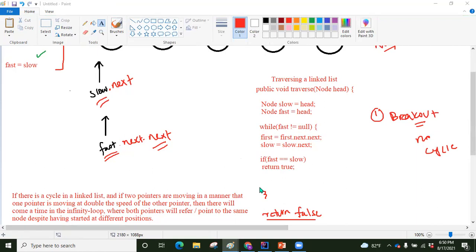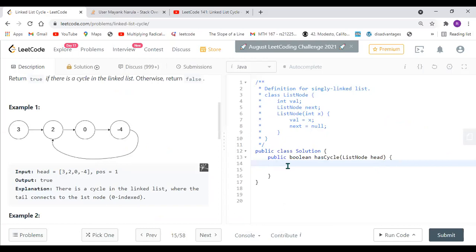So this is the basic idea, and I want to show you why this code doesn't run, even though it seems like it does, so that we can better understand the context of the problem and where we may come into errors later on down the road. So we said that we would introduce two nodes. One node would be fast, and we'd initialize that to the head. And the other would be slow, and we'd initialize that to the head. And then we'd say while fast is not null, while fast does not reach the end of the list, essentially what we'll do is,